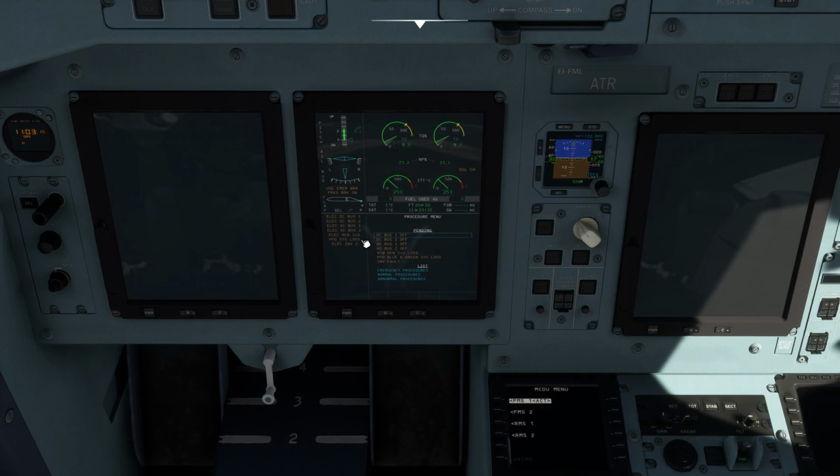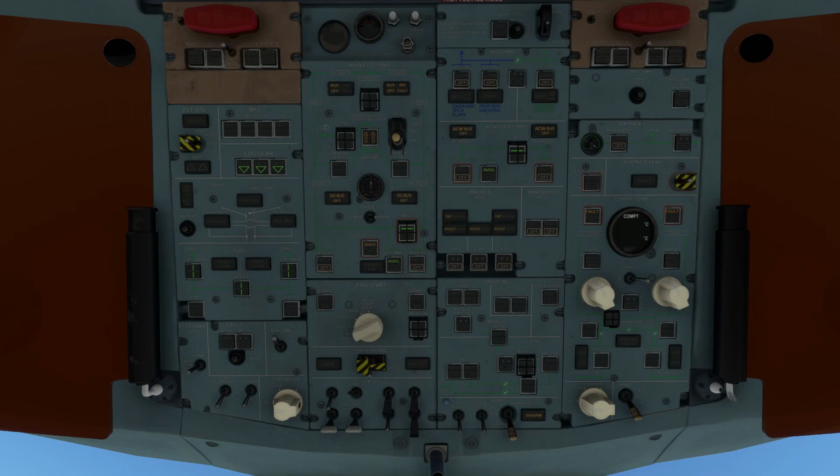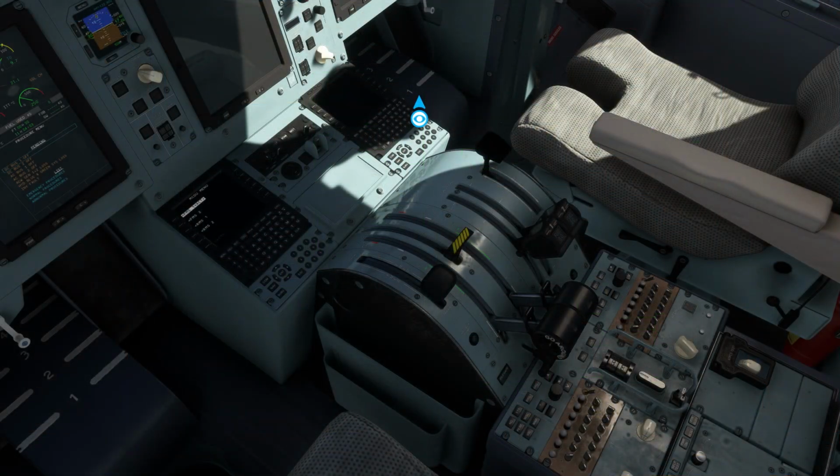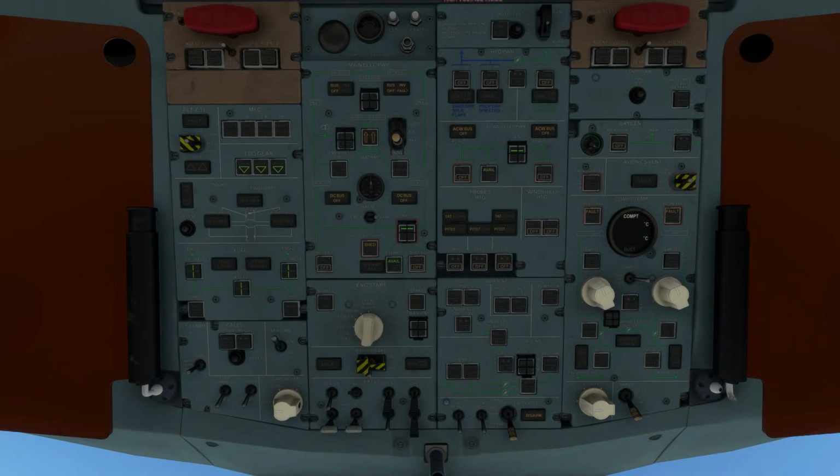A successful engine start will show you figures like this on the engine display. Once the engines have started, you can return the engine start switch to off. On the pedestal, set the condition levers to auto. Returning to the overhead panel,